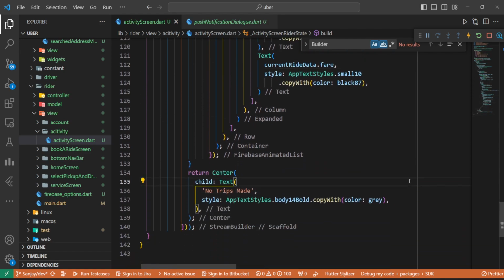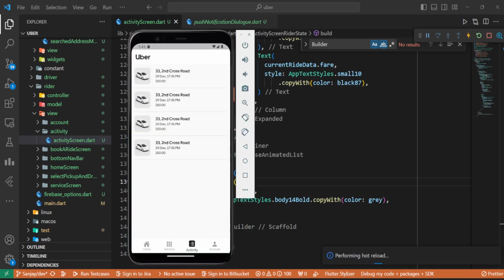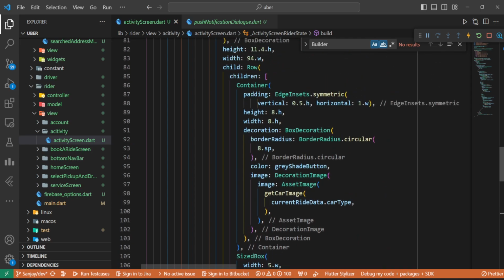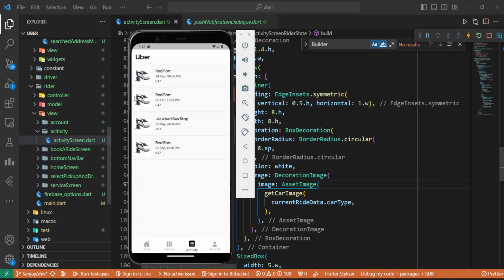And okay, let's save it and let's have a look. Okay, it says red fort. Okay, this one. Okay, nice. So another thing which we do need to do here is that the color of the, okay, let's go with white and let's save it. Okay, it's good now. It says 1 September, it's now, then 22 May. Okay, it's good. So